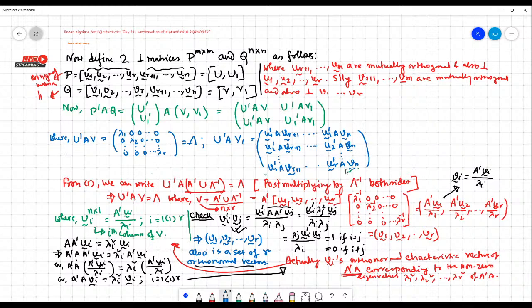so this matrix is, and this should be 0, null matrix. Why? Since Vi curl prime A, this is lambda I Vi curl, and Vi curl prime A